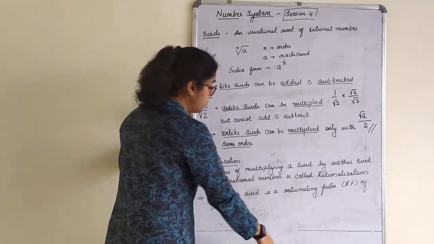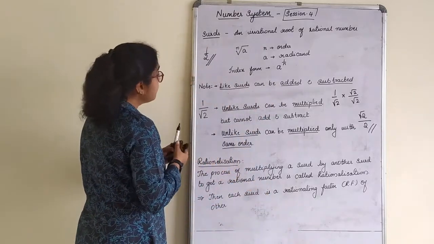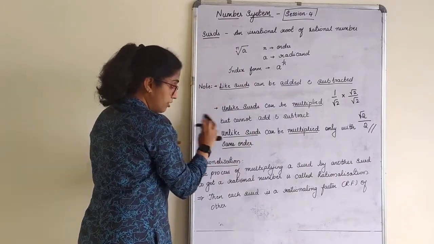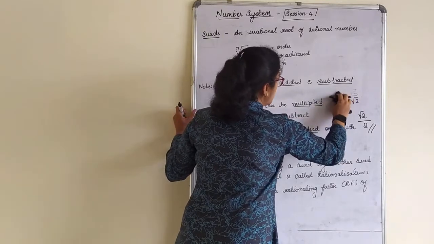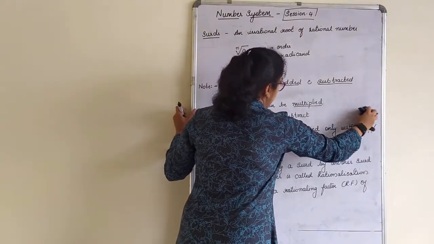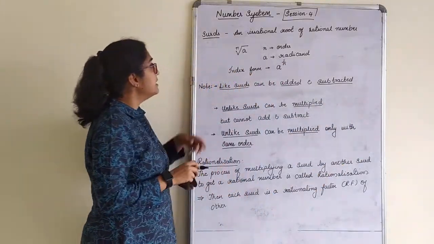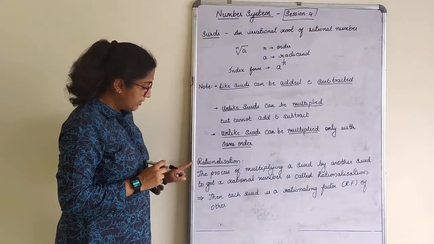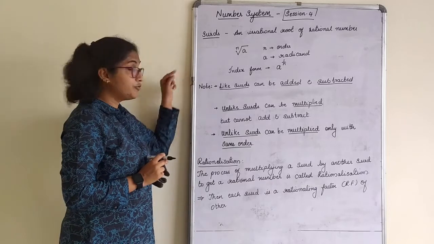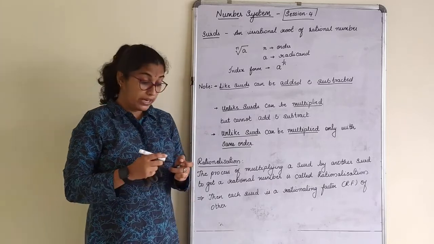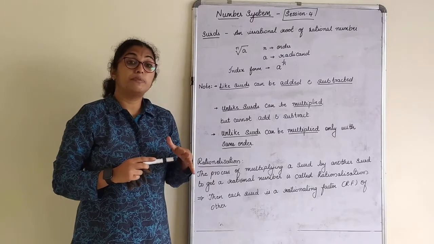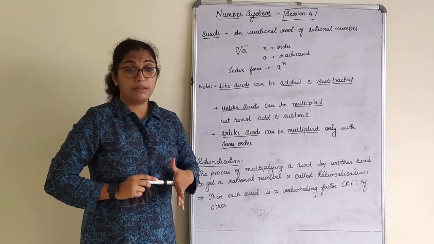So now what you have to do is, in your book, give the heading as surds. Write down what I have written on the board as it is. No examples, nothing else to be written apart from what I have written. Surds, order, predicate, index form, note you can write, rationalization you can write. So you need to copy this down, and now we will understand the different rationalizing factors with respect to monomial and binomial.